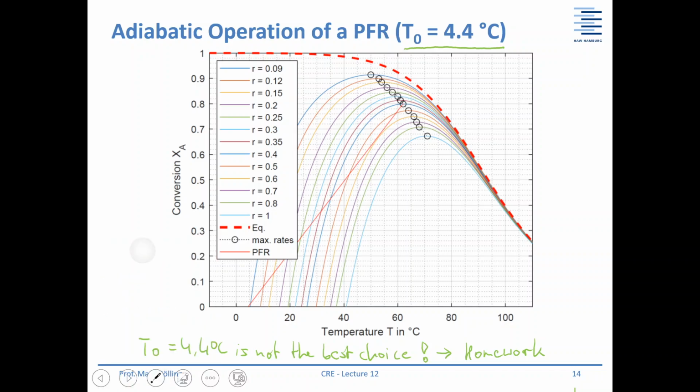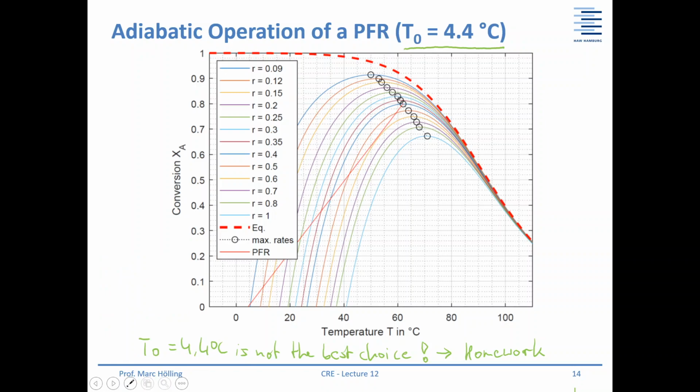We start here, and for a plug flow reactor, your temperature and your conversion are changing all along the way through the plug flow reactor. This means you enter with a temperature here, for example, of 4.4 degrees Celsius, and you have a conversion of 0, and then you proceed along this line here, and then you will end up here with a conversion of 80% and a temperature of 62 degrees. And here, in every intersection,